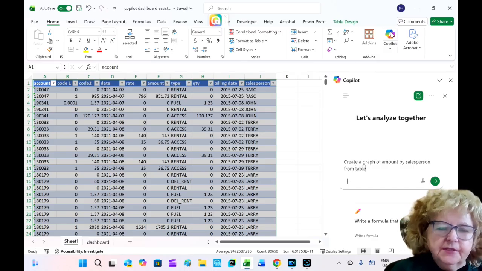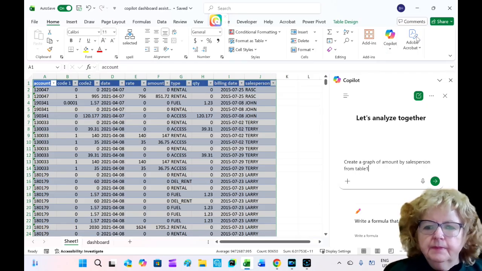This is table 1, the data that I have here. And so then I press the arrow,